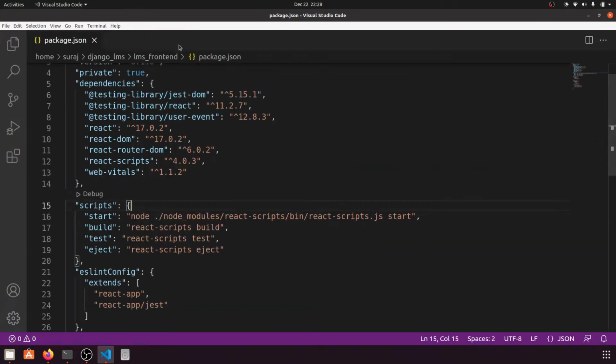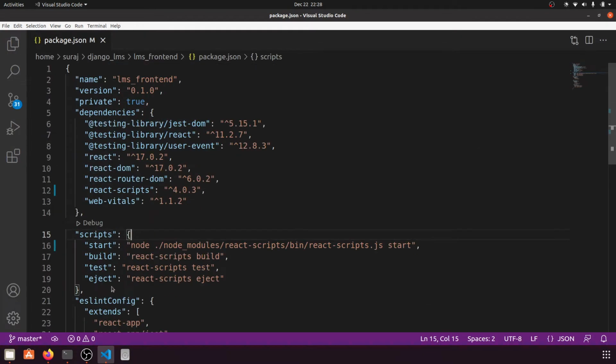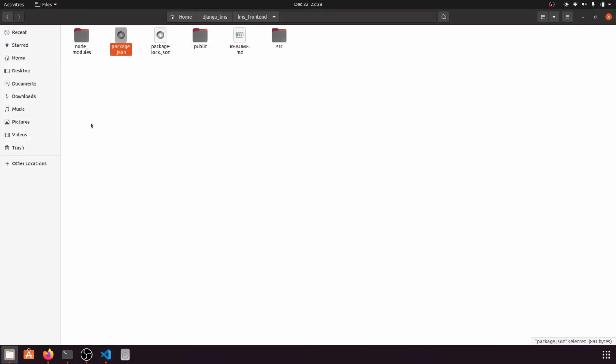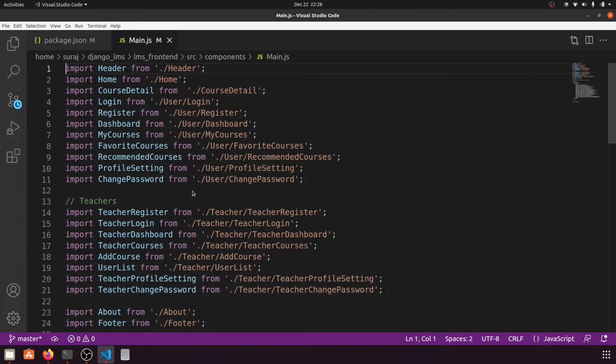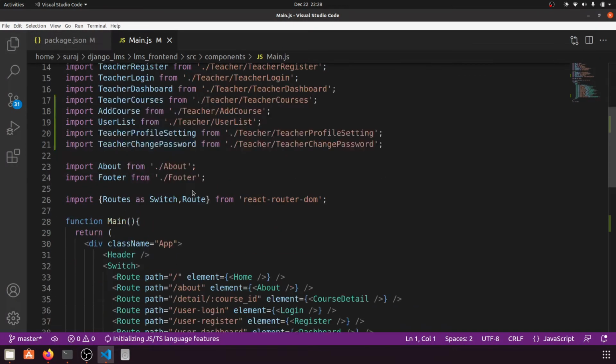So let's open the source folder here, and in the source folder we have component. In the component, I will open the main.js file. Okay, so here we have the main.js file.